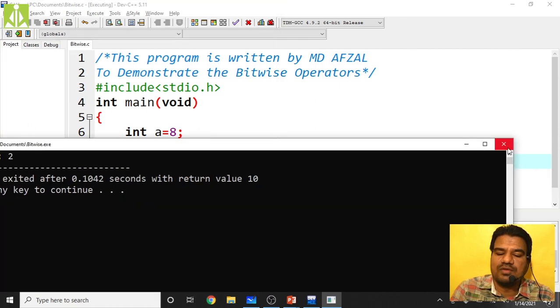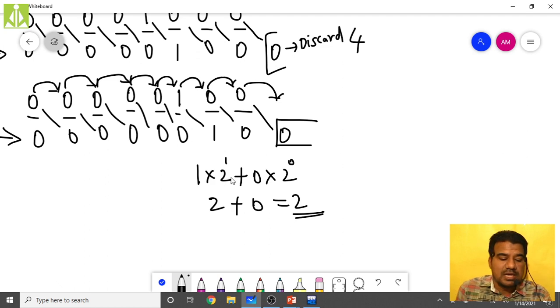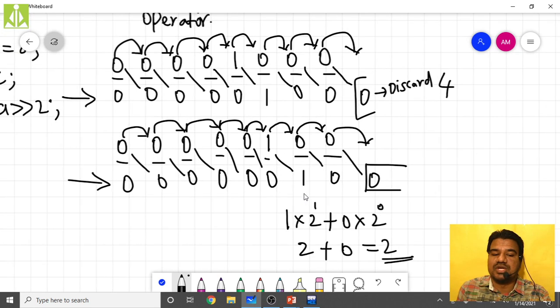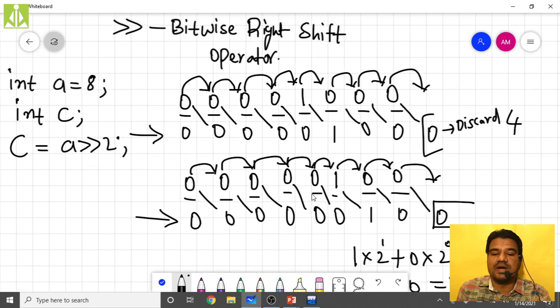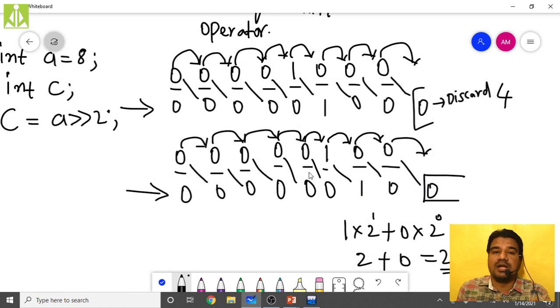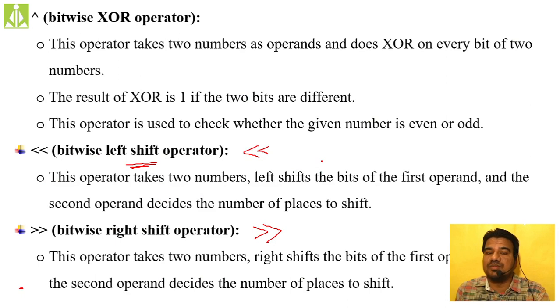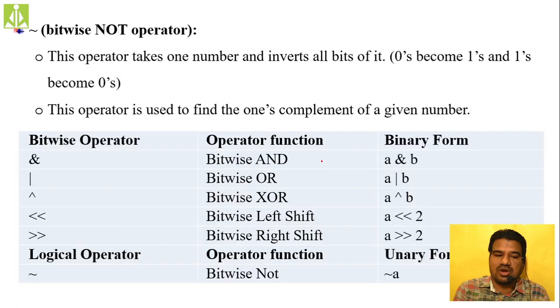That is how we perform the bitwise left shift and bitwise right shift operations. Believe me, it is an important question. Whenever you perform bitwise left shift and right shift operations, it is an important question. Bit level operations, all bitwise operators, are very important. Many times they will ask you this question as a LAQ, long answer question. So practice more on these bitwise operators. Bitwise left shift, bitwise right shift, and XOR we performed.